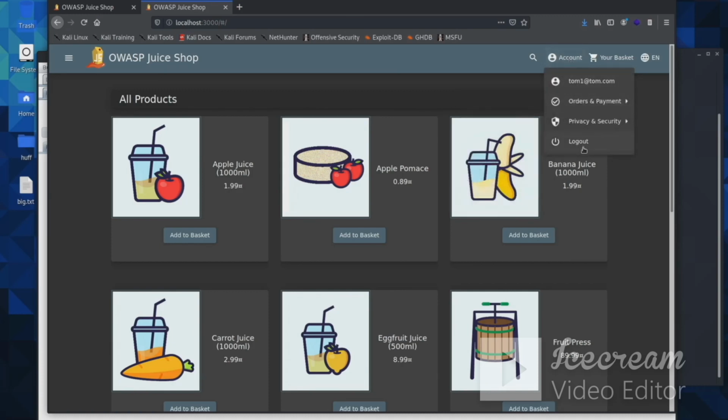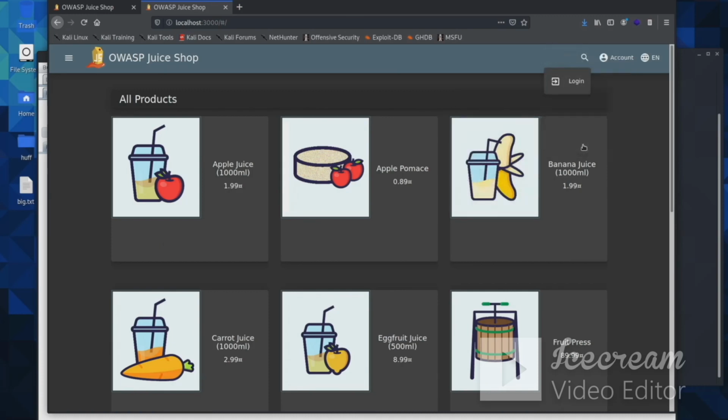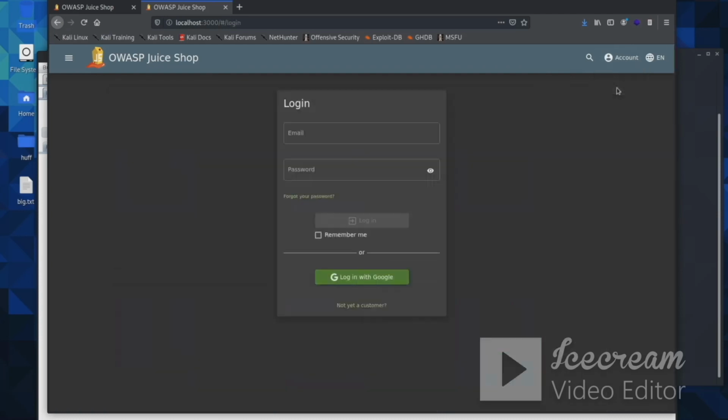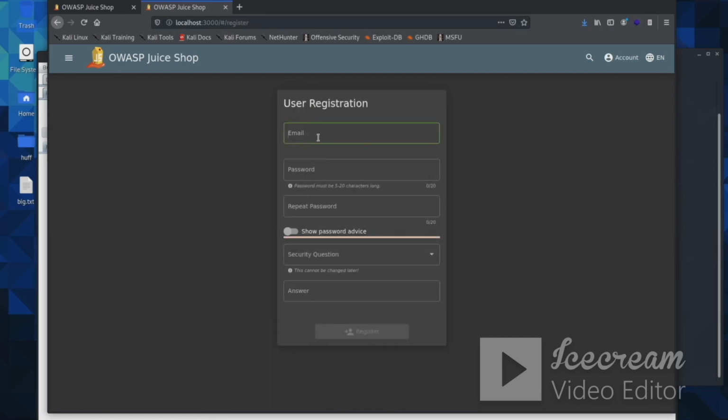I think what I will have to do is log out, and I'm going to make a new account just the same. And I will come in here and go not yet a customer. This time we'll go John at John